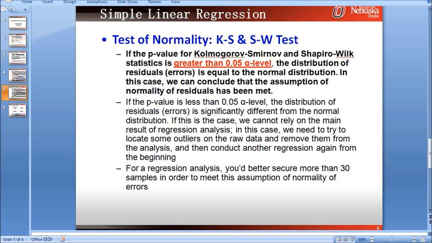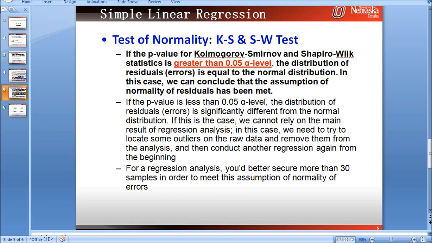Likewise, a p-value greater than 0.05 alpha level from this KS and SW test means the assumption of normality of errors has been satisfied. Okay? It's quite straightforward.